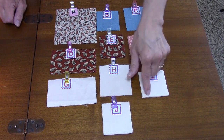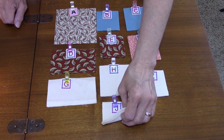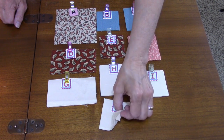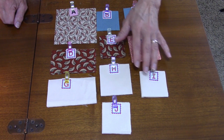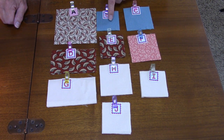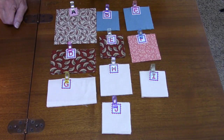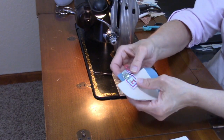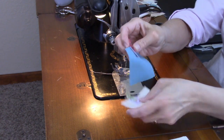Now these two are the same, I'm sure you noticed that, but these J squares you're going to want to draw a diagonal line on the wrong side, and the E's you don't need to do that. These are the corner pieces. You'll also need to draw diagonal lines on the wrong side of the B squares and the E squares and the H squares. We're going to start out by making half square triangles with the C and the H squares,